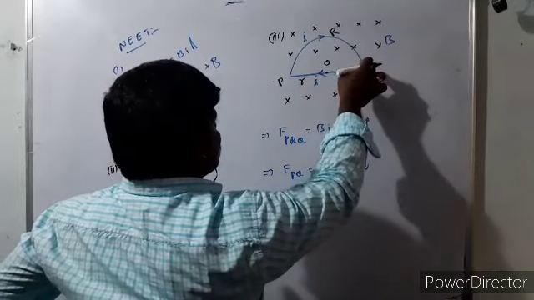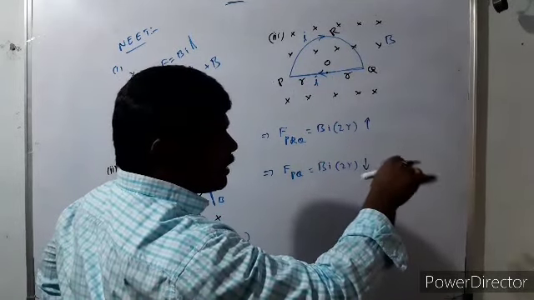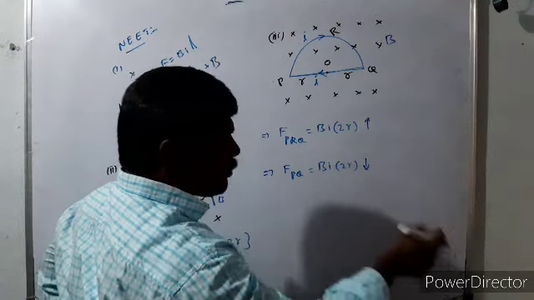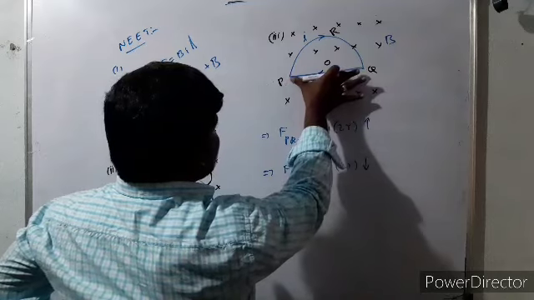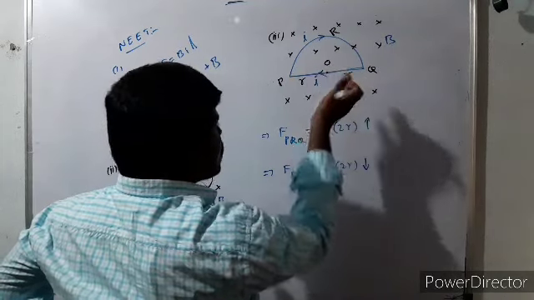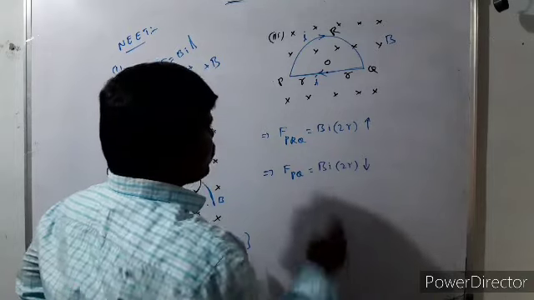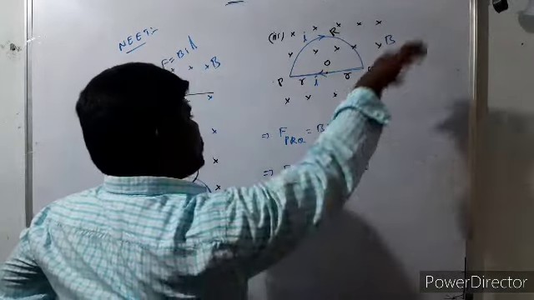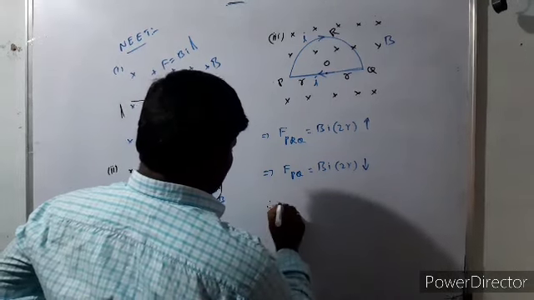For PRQ it is 2R, so BI into 2R. For the PQ conductor, the perpendicular distance is also 2R. Therefore, the net force